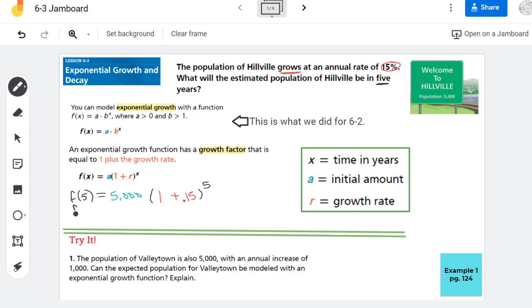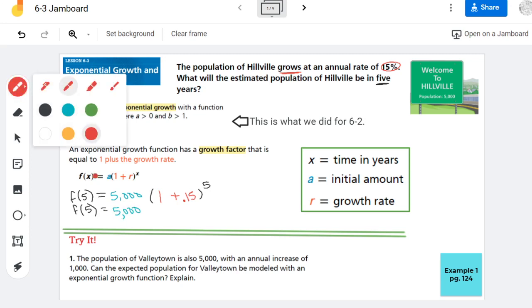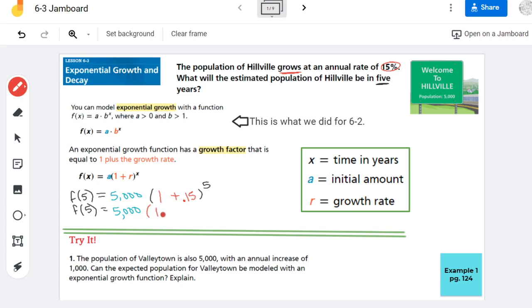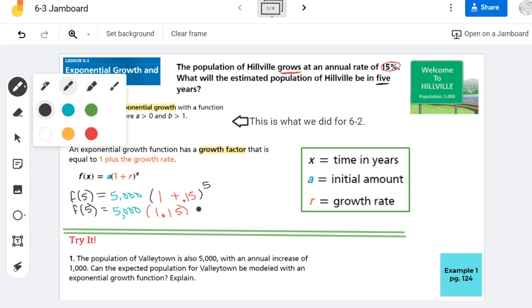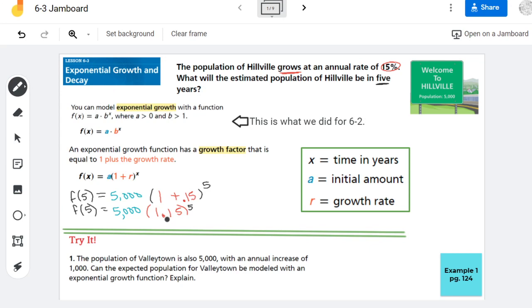So when I go to simplify this, the first thing that I do is I clean up those parentheses. Now understand, I cannot multiply this 5,000 and the stuff that's in the parentheses until I have raised it to the exponent. So that 5,000 and that 1.15 cannot be merged until I have dealt with the fact that the 1.15 is raised to the 5th power. Now if I was using a cheap scientific calculator, what I would do is take the 1.15 and raise it to the 5th power, and then multiply it times 5,000. However,